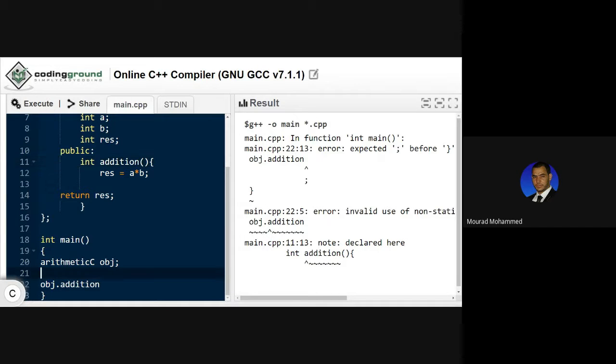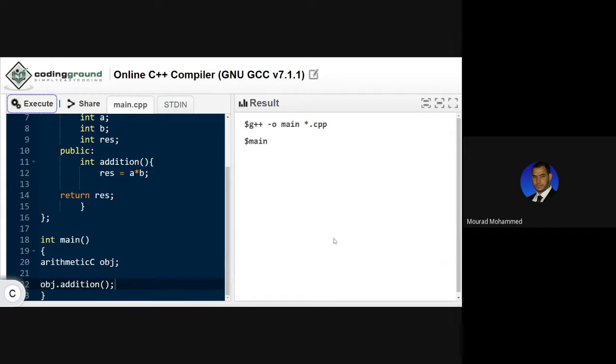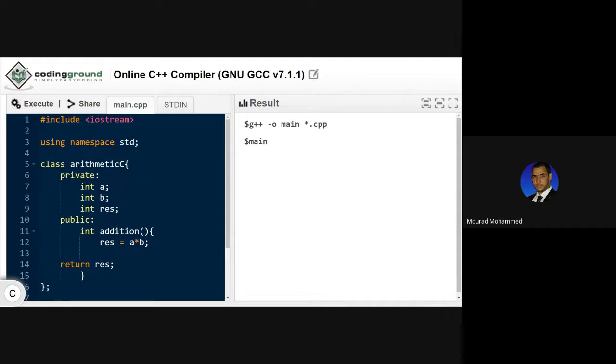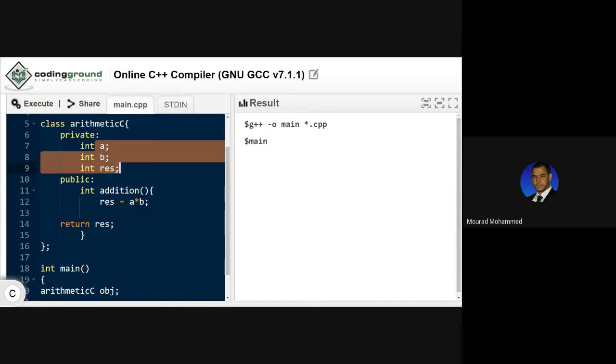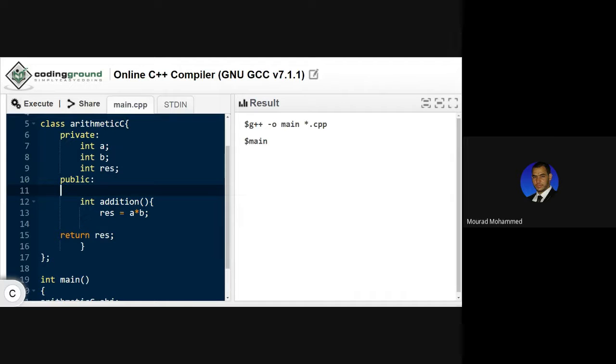Yeah, here it is semicolon addition. Main, nothing is there. There is nothing to be declared. Thus, I'm going to initialize those values here. So before this addition, I'm going to say